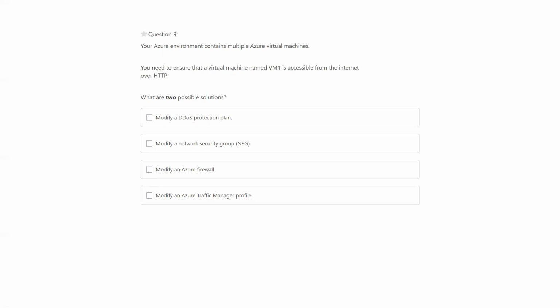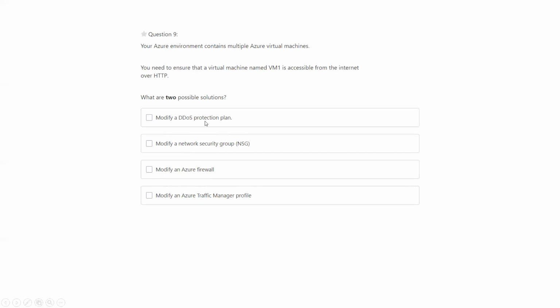With an NSG, you apply the network security group to a subnet in the virtual network and configure your incoming and outgoing traffic on a priority basis. You can apply rules for HTTP, TCP, all kinds of ports, and you can also use service tags, etc. So the traffic will be controlled either using the network security group or Azure Firewall. These two are related to security. So these two should be the answers.